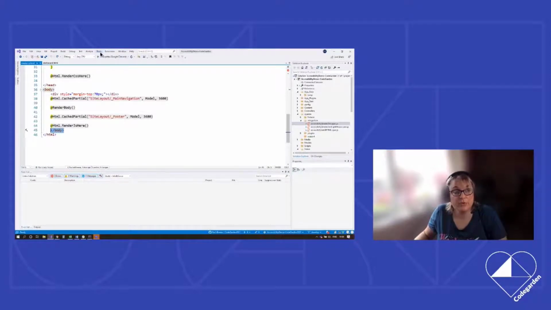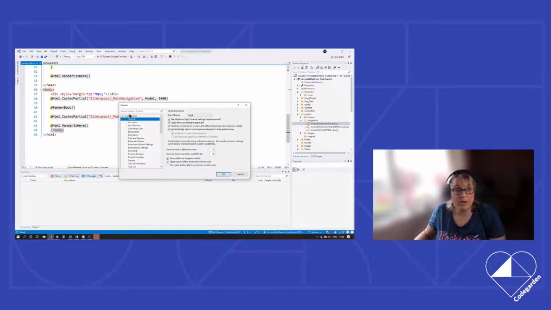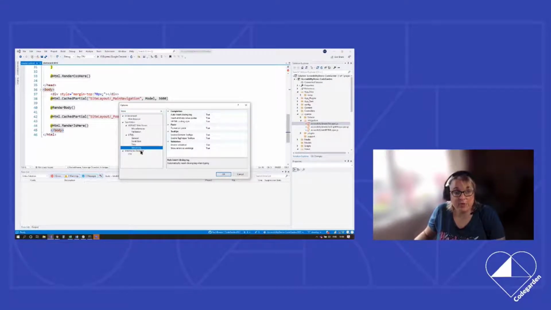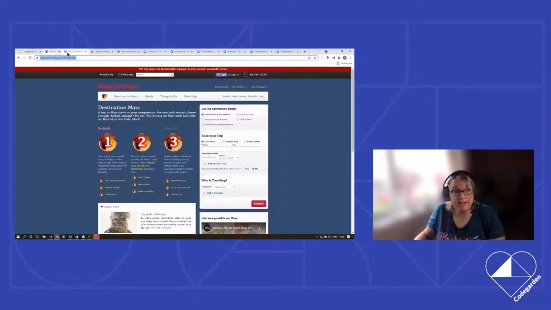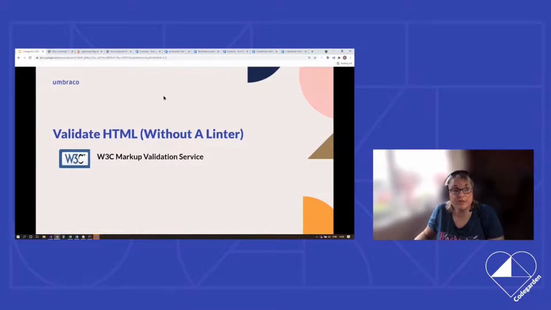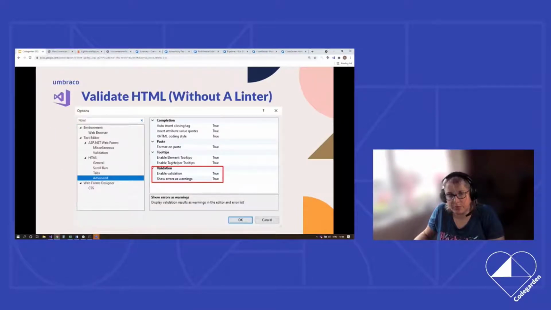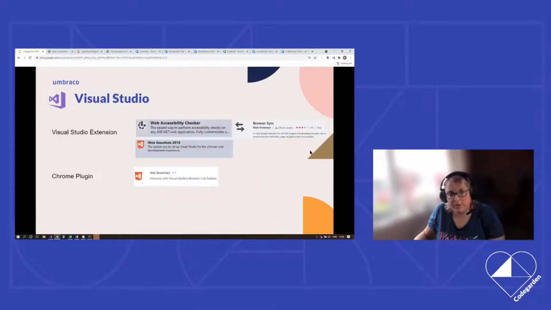If you're not seeing that, the way you can configure it is to go to Tools, Options, the search bar, and type in HTML. Then if you select the advanced HTML option, you can see the validation settings here for you to be able to test it. So that's the start for creating accessible HTML, but we also want to, going the wrong way through the tools, sorry, we also want to